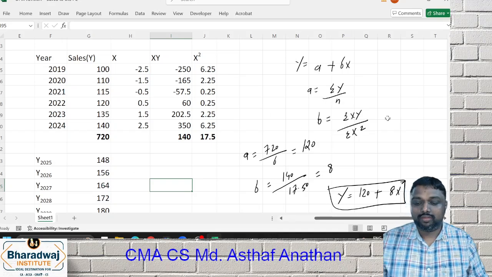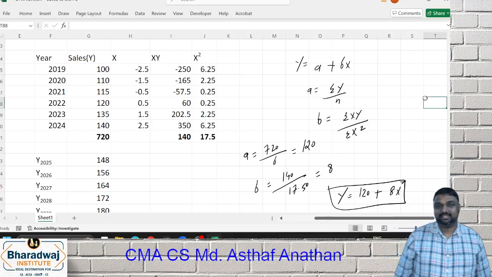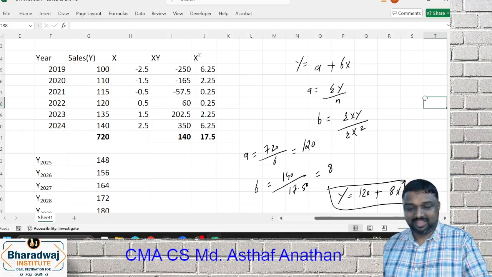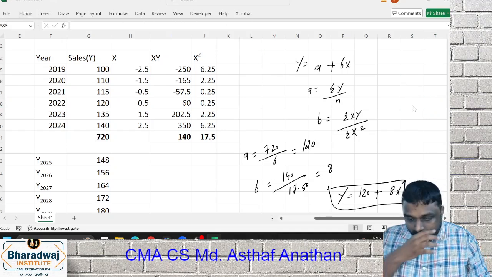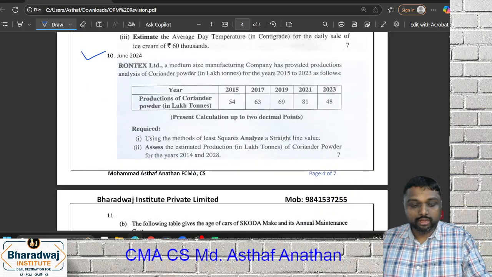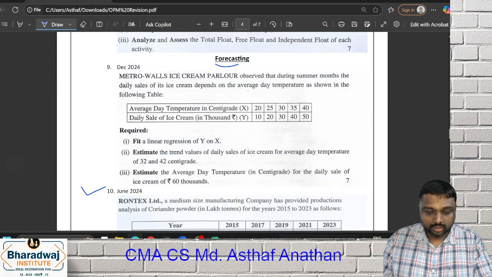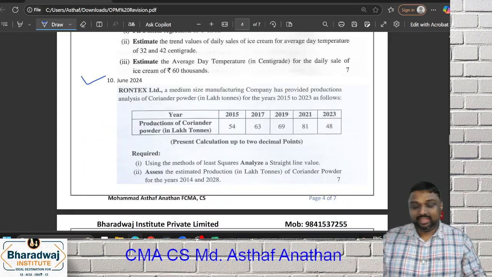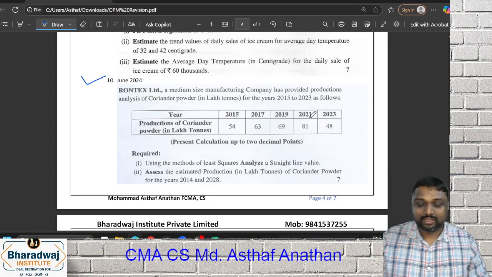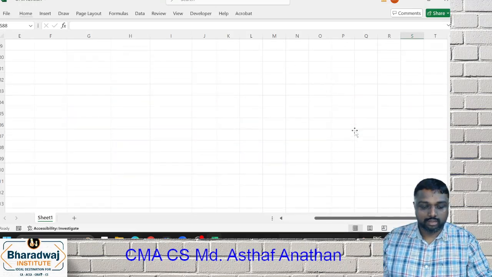Now, we'll do one previous year question where the gap is a little bit tricky, friends. Come on, friends. Now, my dear friends, we'll go for the next question, which is a June 24 previous year question. Tricky. Here, they have given some gap. What will happen? Let's see. Similar question. Let's see how it will work out.